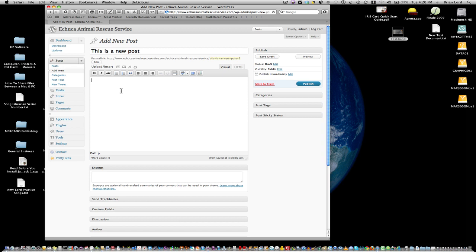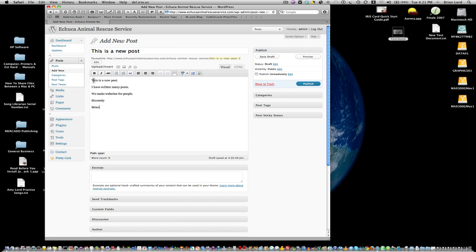Now, before we do any typing in this section here where the content is going to go, we need to make sure we're in the visual section or the visual screen and not the HTML screen. The difference is the HTML is where we put all the code that people don't see, controls what things look like and things do, but we just want to be in the visual section for now. So I'm going to click in the visual section here, as you see my cursor is flashing up here. Now I've actually copied some text before, so I'm going to right click and go paste,